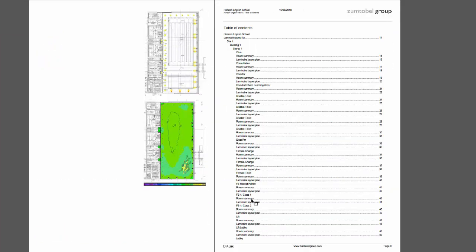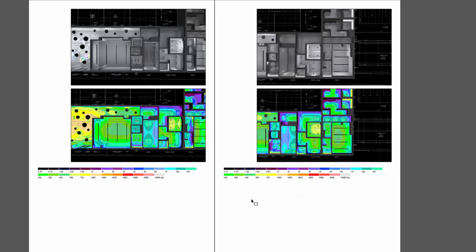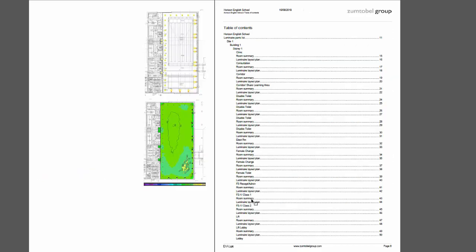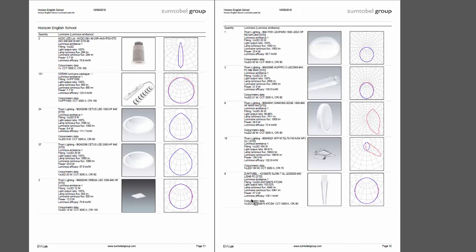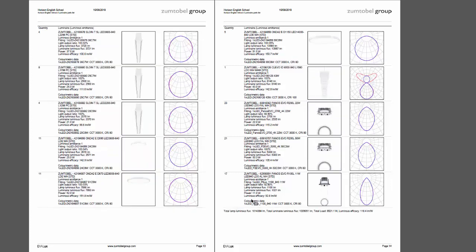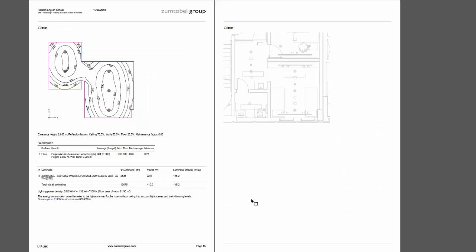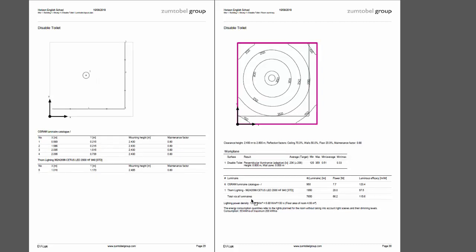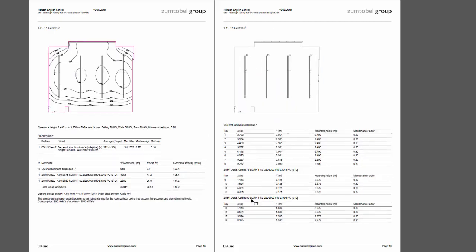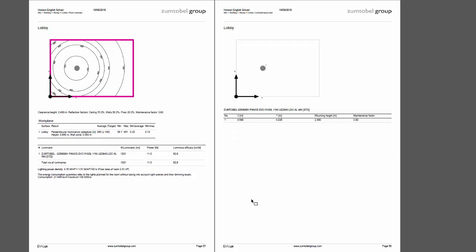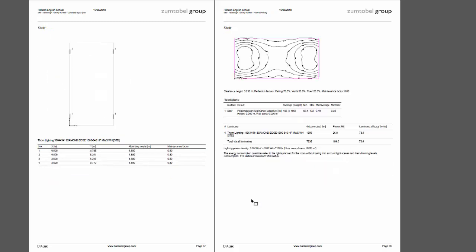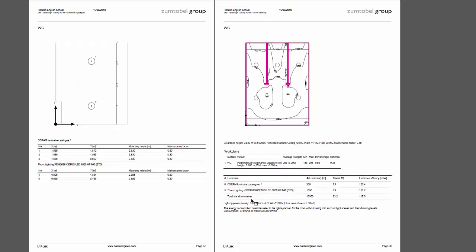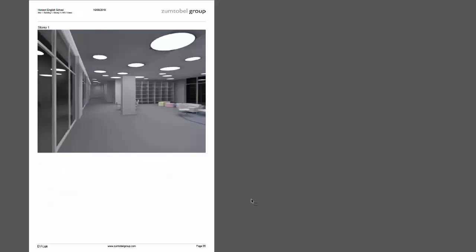If you scroll, I show the architect this false color rendering and the rendering, and also those luminaires that I used. If you are dealing with architects, you need to explain to them what those values and colors mean, because even though they are architects, sometimes they are not familiar with those technical aspects of lighting design. So you need to explain to them so they will understand everything. And I'm sure they will love to understand it because it's additional knowledge for them, so they can decide or design better later on when they understand that lighting affects everything.